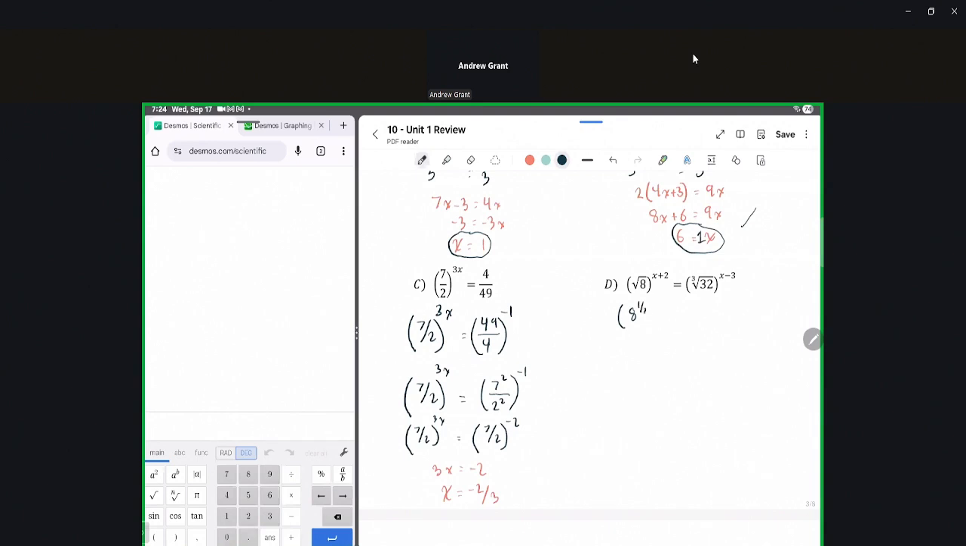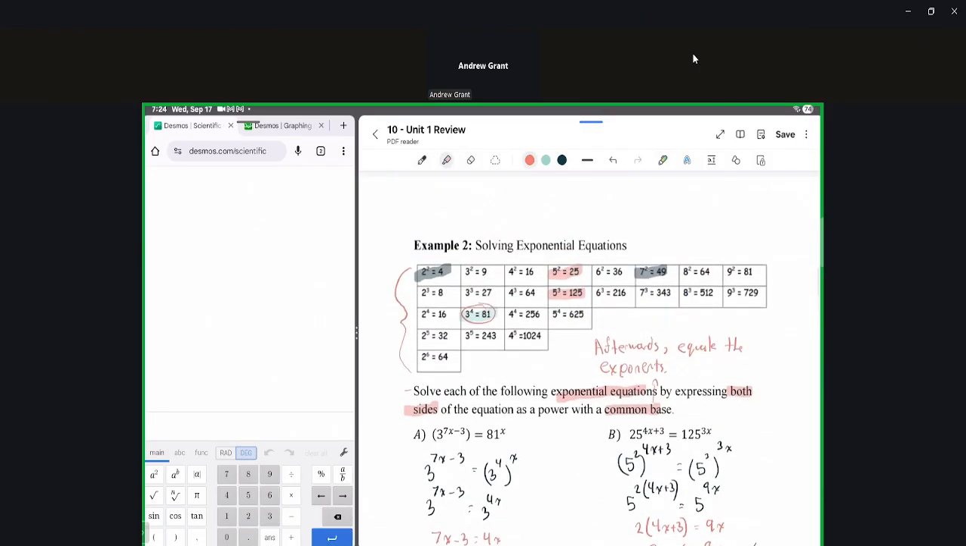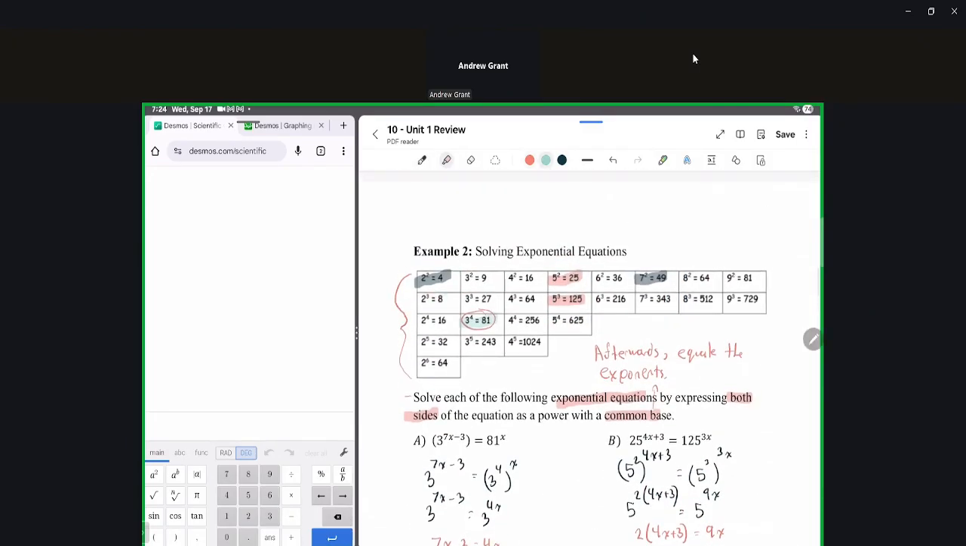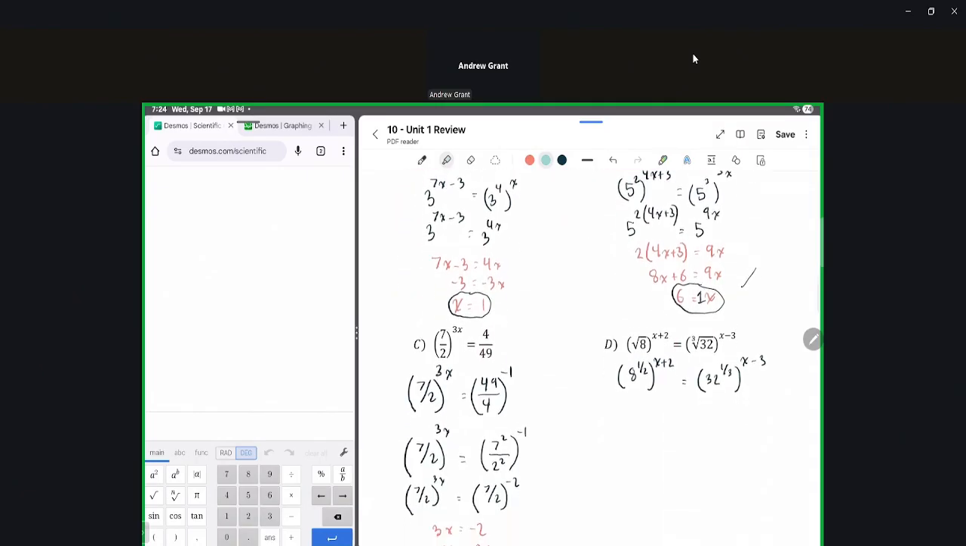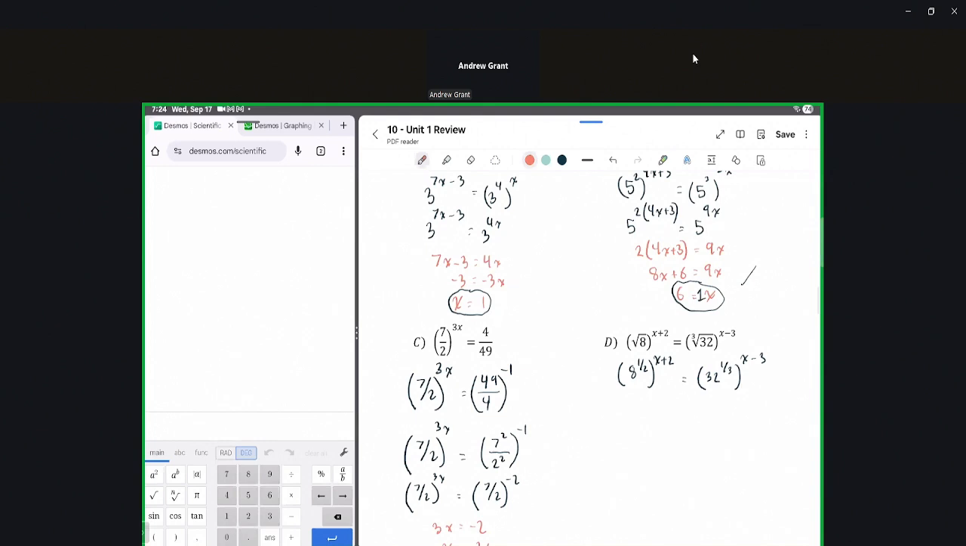8 to the power of 1/2, all to the power of x plus 2 will be equal to the third root, or the cubed root of 32. So this will be 32 to the power of 1/3, all to the power of x minus 3. Now, consulting the chart, we can see that 2 to the power of 3 is 8, and 2 to the power of 5 is 32. And so we will have here, so keep in mind,